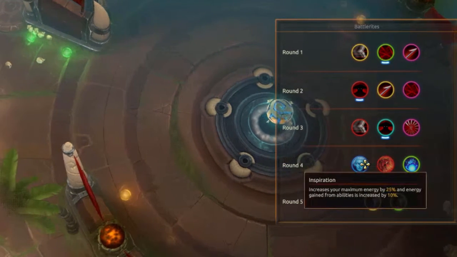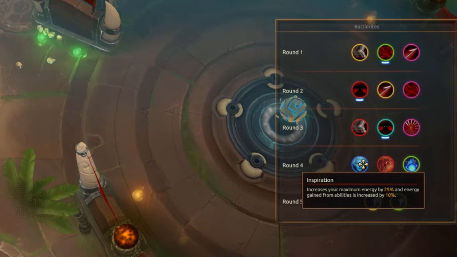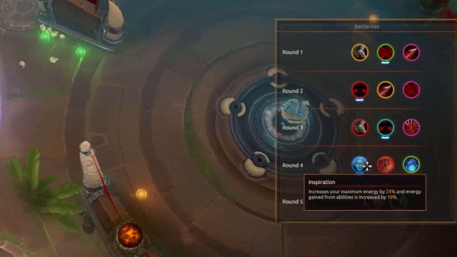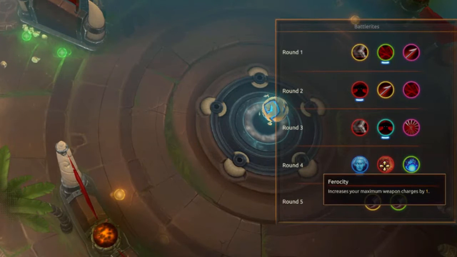I actually lean towards Inspiration now, just because I think having that little bit extra energy gain, and then being able to use your EX on the orb, or the harpoon on the orb, you'll be able to do some of those things. That Tendon Swings, you're going to get them faster, etc. I just like Inspiration. But if you're doing super good and you're really confident, you can get Ferocity,